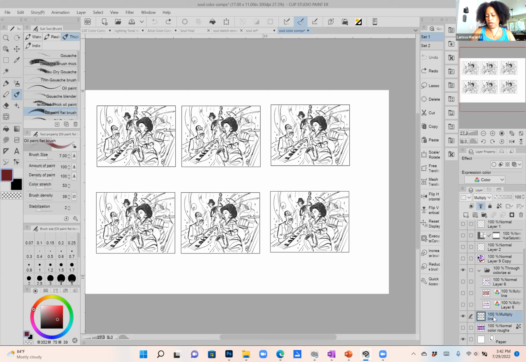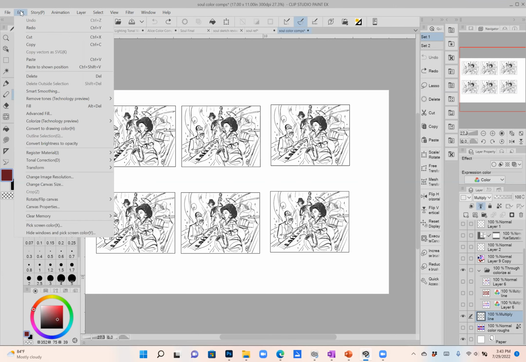Yeah, I'm going to click on the line art here. So my selected layer is the line layer, in your layers. I've selected my line layer, and then under the Edit menu, you go down to Colorize Technology Preview. And then if you press Colorize All,